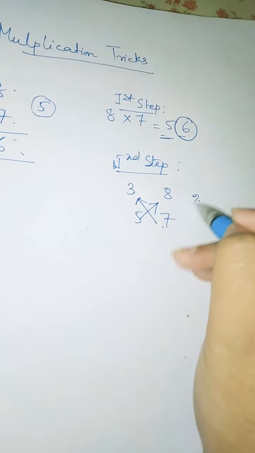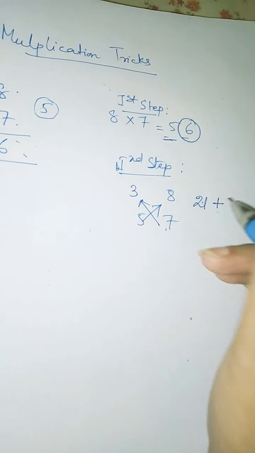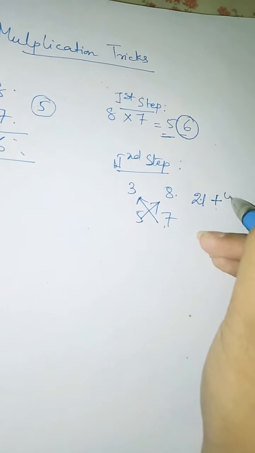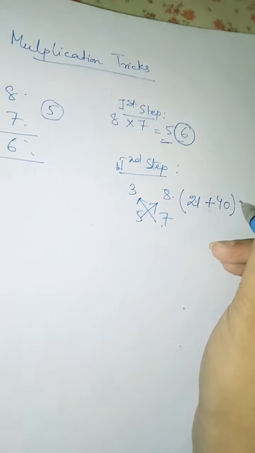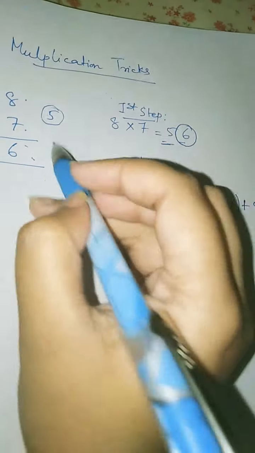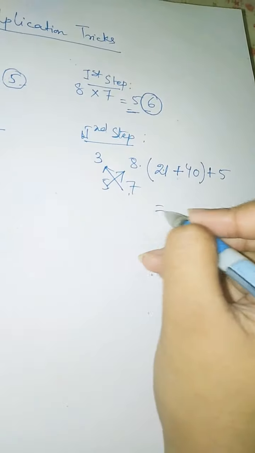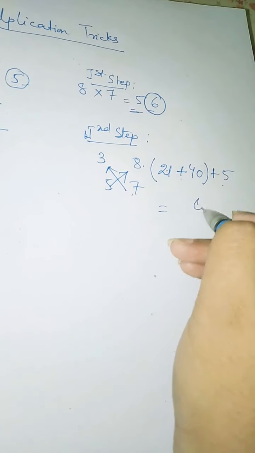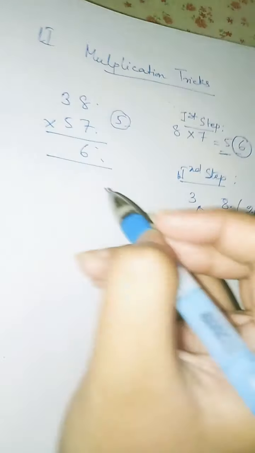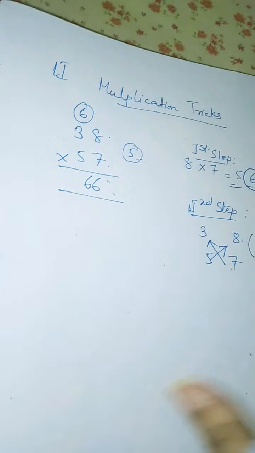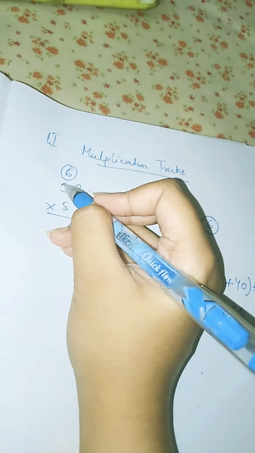So here 7 3s are 21, and then we will add a plus sign, and 8 5s are 40, and then in brackets we will add the carry 5. So here we will get 5 plus 1 is 6, and 4 plus 2 is 6, 66. So out of 66 we will write here 6, and then we will again carry forward this 6. Now 5 3s are 15, and then plus 6.